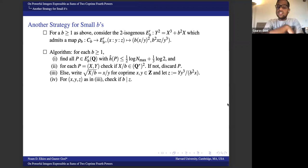Now, this strategy certainly works for small b's, for which we can find all points on this curve up to a given height. This is, in fact, all we report in the initial paper. But since the submission, we've figured out a more efficient way to list acceptable points on this curve E sub b prime. So what we do, and this is not in the paper yet, is